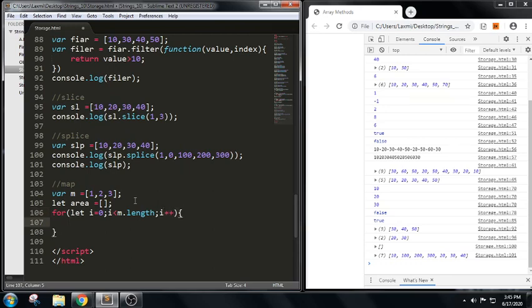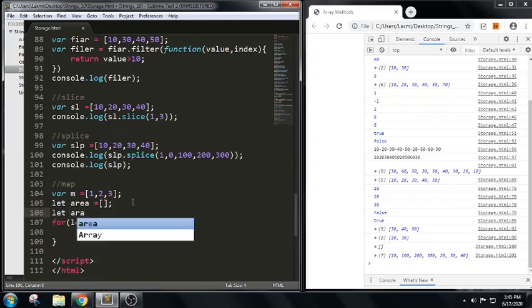For each and every array element, I want to multiply some values. Like for example, let me take another variable name here. Let area also. Let me take r or else. So in this, I'm trying to take area equals to... I'm trying to multiply each and every array value. Like I want to do some mathematical calculations here. I want to multiply those both values.